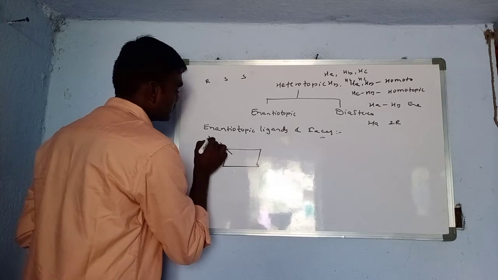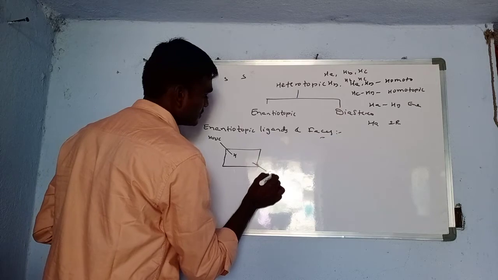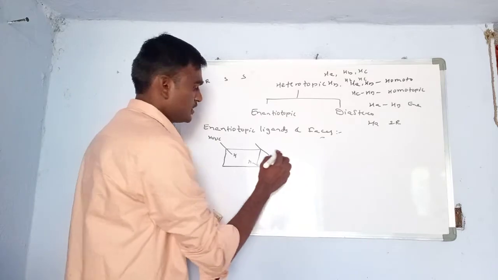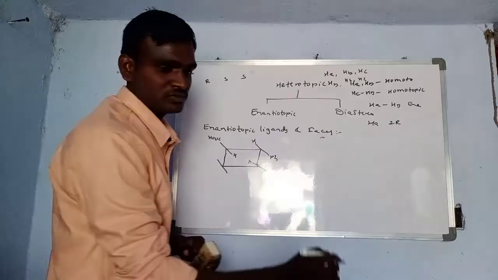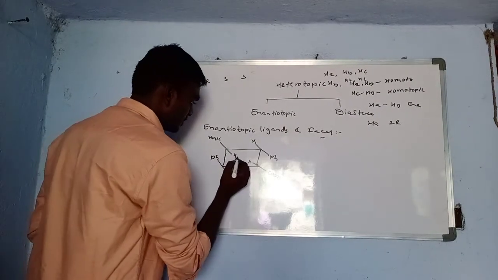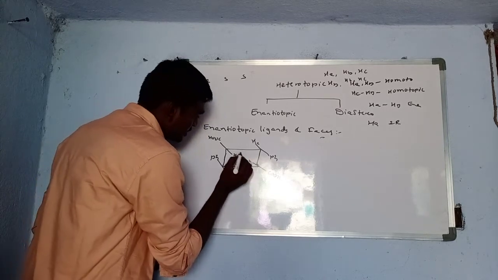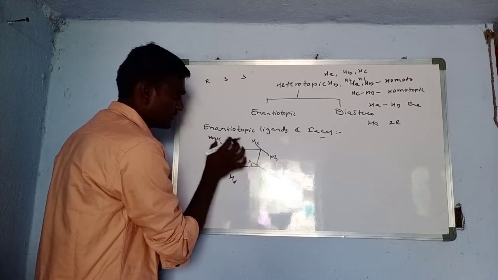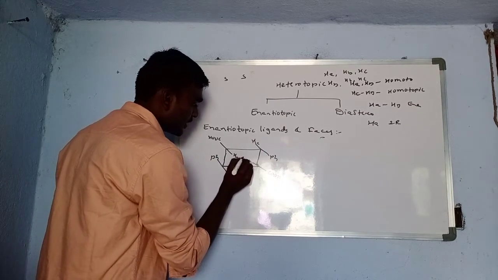If you are taking the molecule like this, with the COOH group and H here, and here H and here pH, and pH and H. If you are labeling like this, HA, HB, HC, HD, in this molecule a center of inversion is present. All the hydrogens, the acid groups and the phenyl groups will meet at one point.